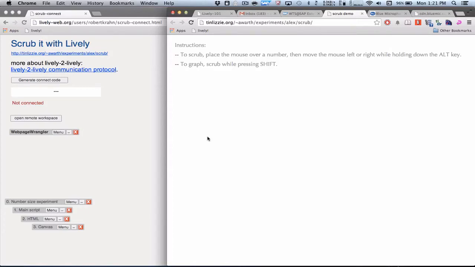In the screencast, I show how to connect a Lively page, a world like you see on the left side, to a normal web page that is not using Lively, like the Scrub experiment page that we see on the right side of the screen. The Scrub experiment page basically